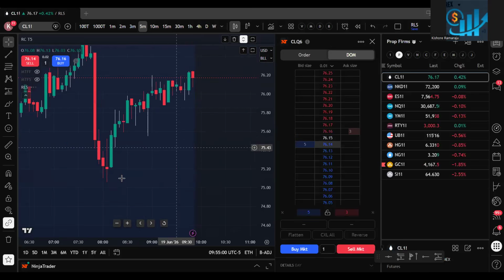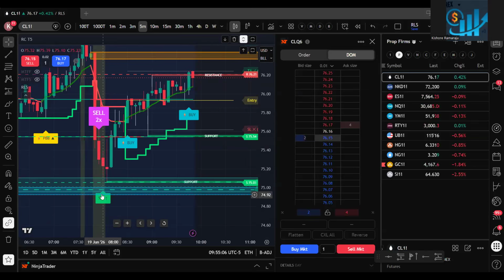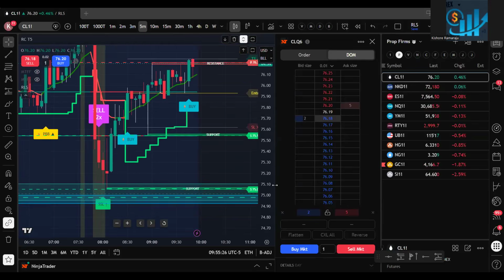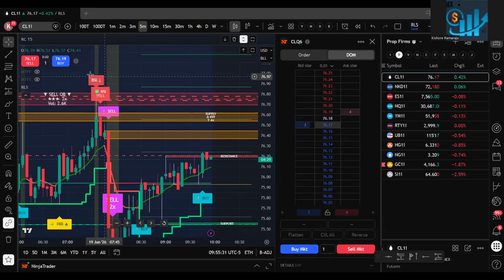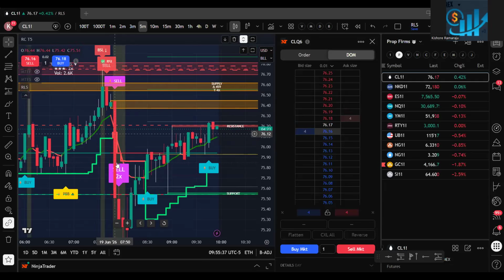For example, if you see this, mostly it might be a sell side liquidity. You see the sell side. Okay, we got sell side. There was another red candle and then there was a green candle. Right? It brought all the way down and then it started going up. So here you got a buy side liquidity. You have a buy side liquidity sell. Then you got a huge candle.